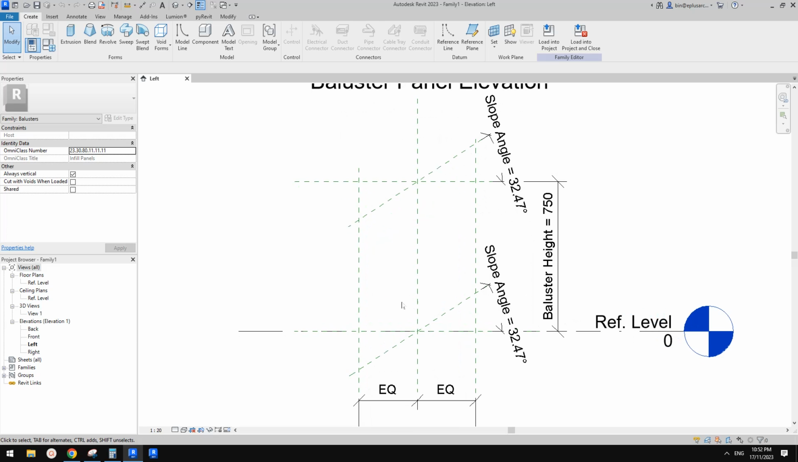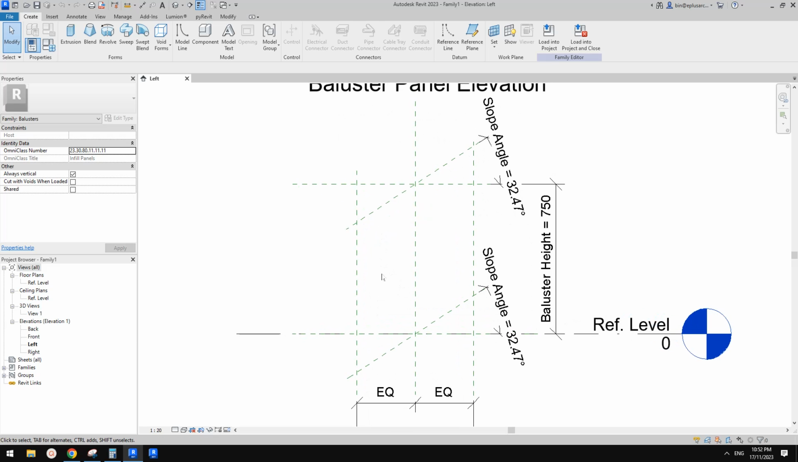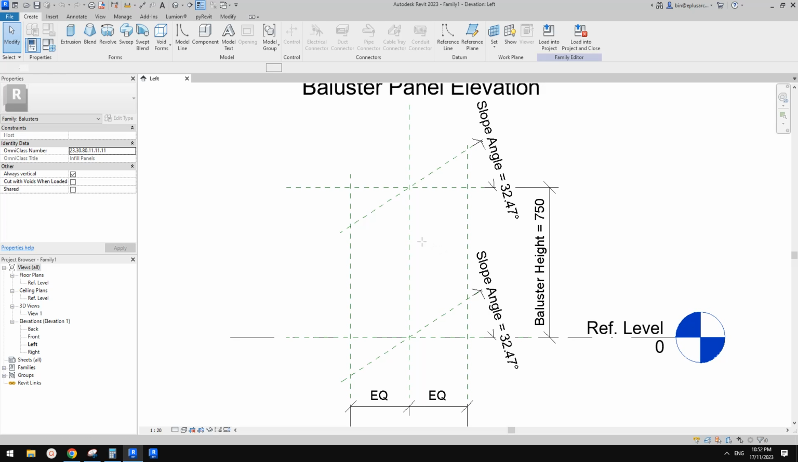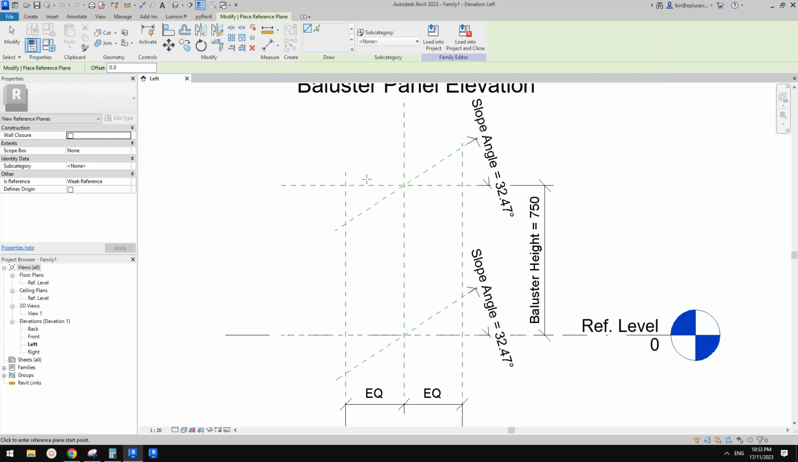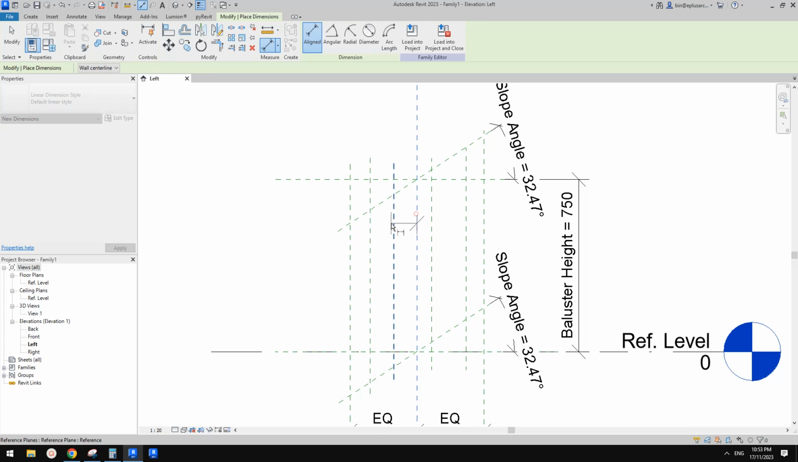Okay, so first we need to create some reference planes. So we have reference plane 1, 2, and this middle one, 3, 4. We need four reference planes. 1, 2, and the middle ones, 3 and 4. Okay, and we're going to